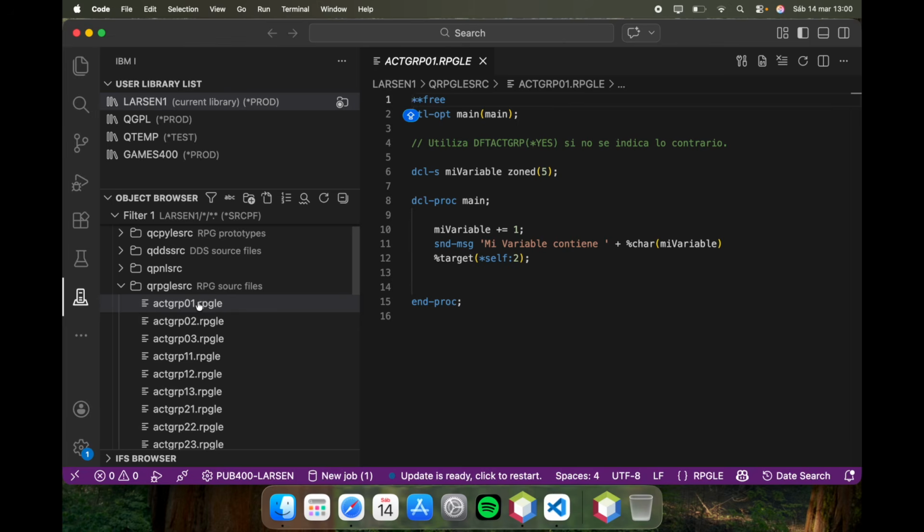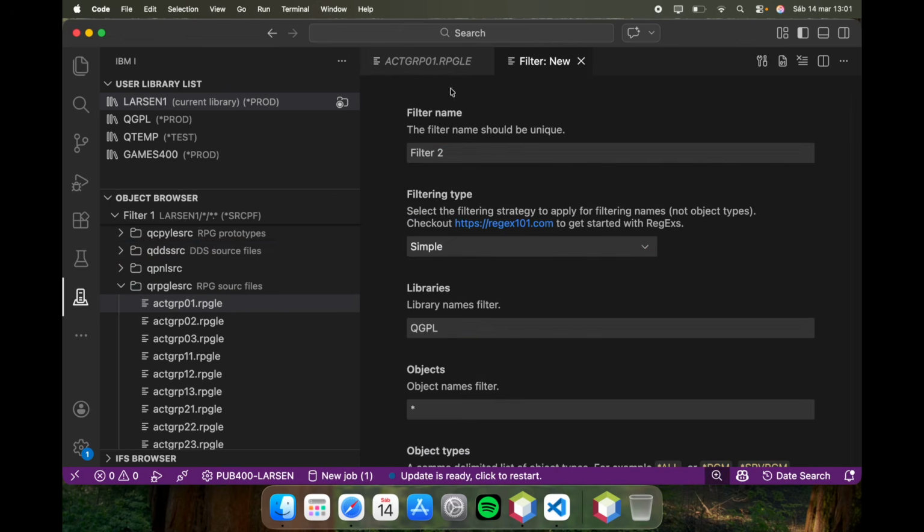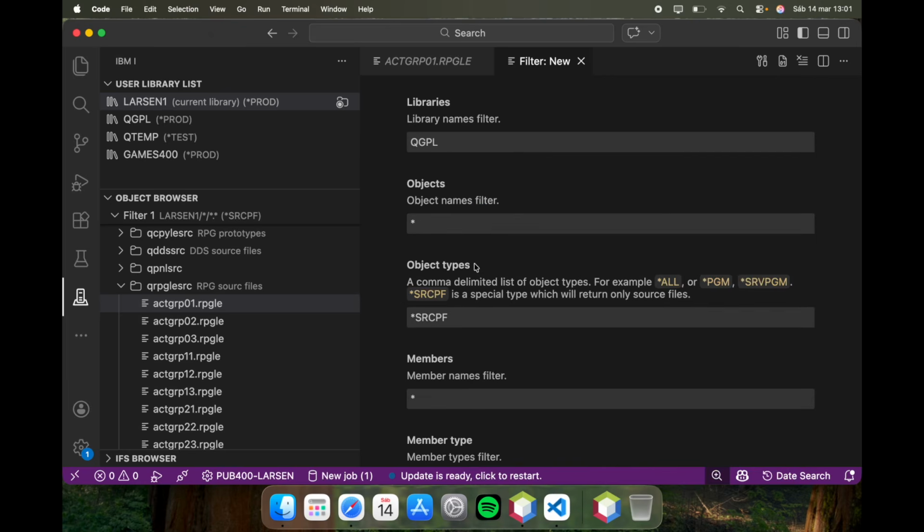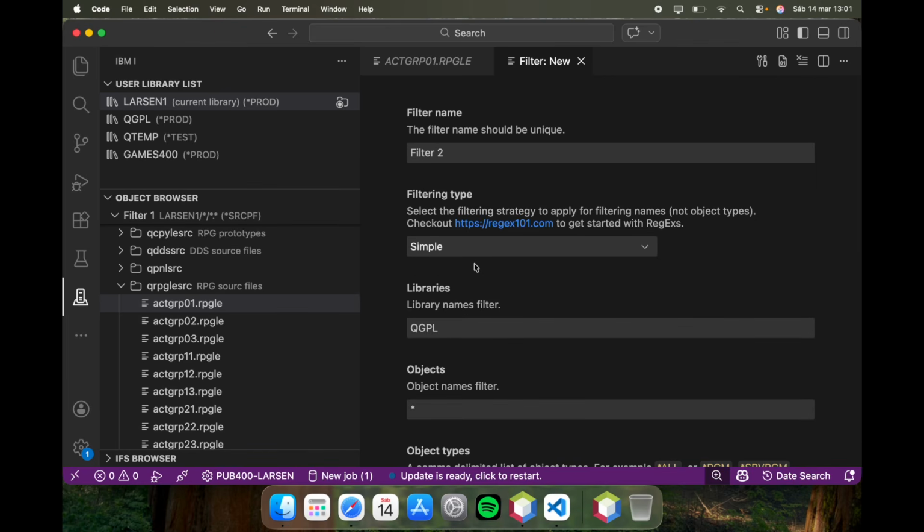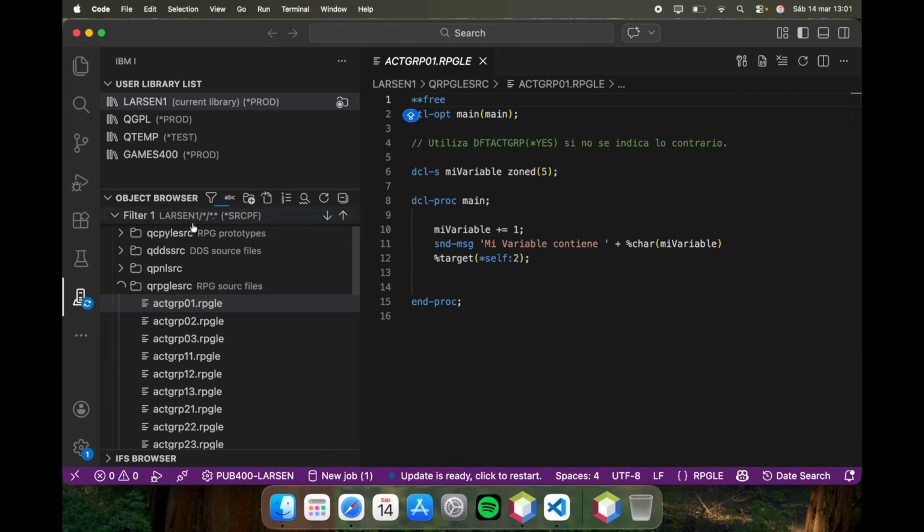I suggest you test it and use it, because the main utility here will be the object browser, creating different filters. For example, you can create different filters using the filter button instead of the ABC button, this way. But here you will need to insert other values. Test it if you want, but we'll see how to work with it in other videos. Pressing the right button over a filter, this way,